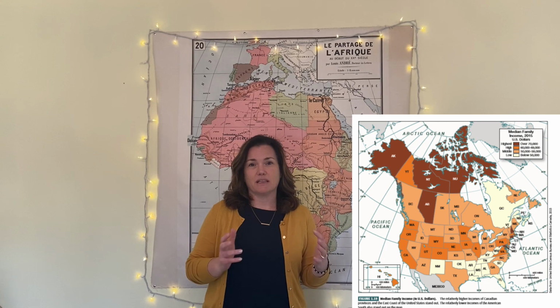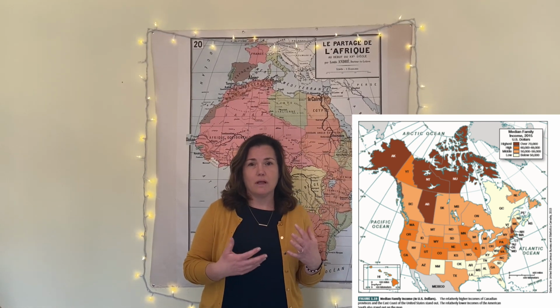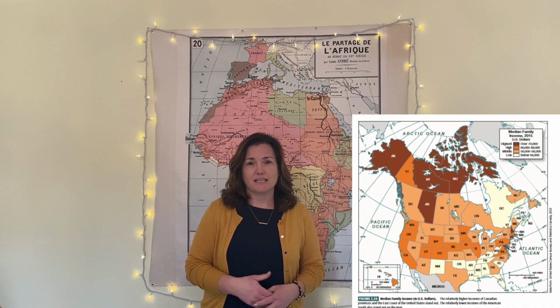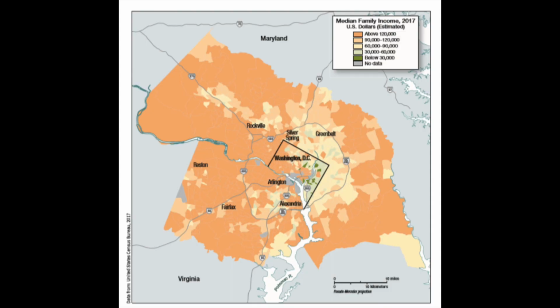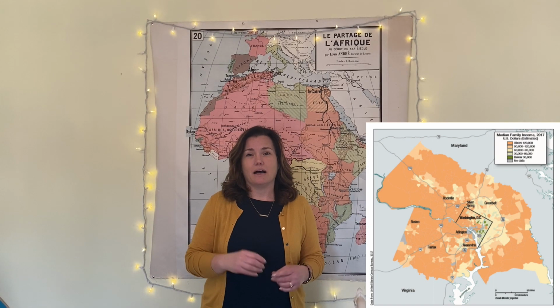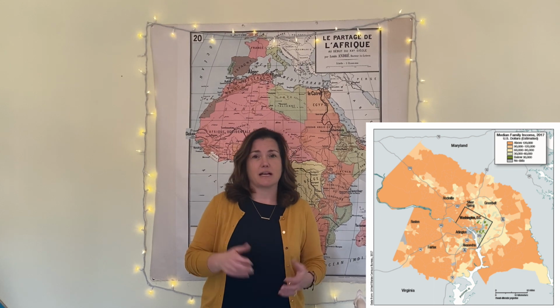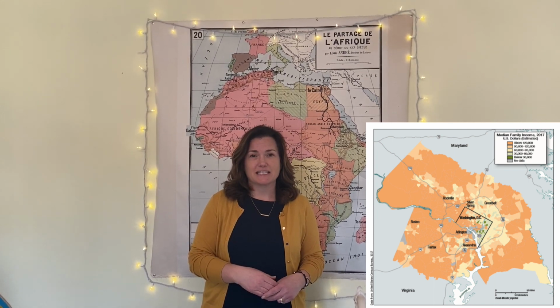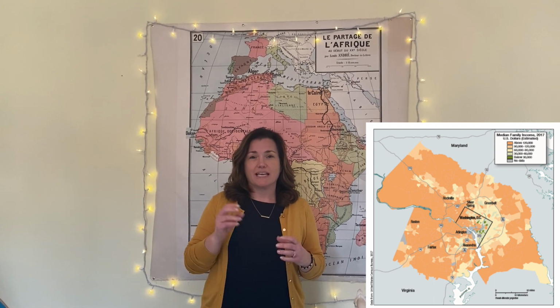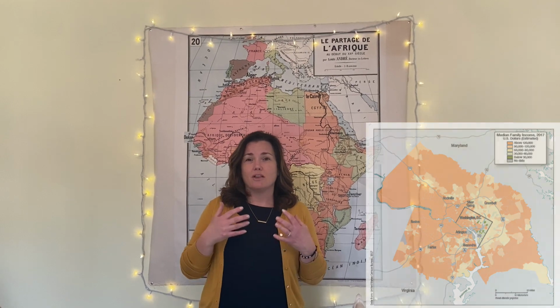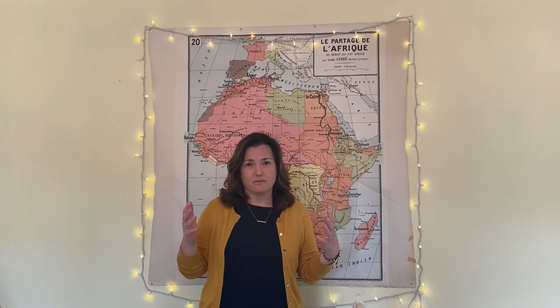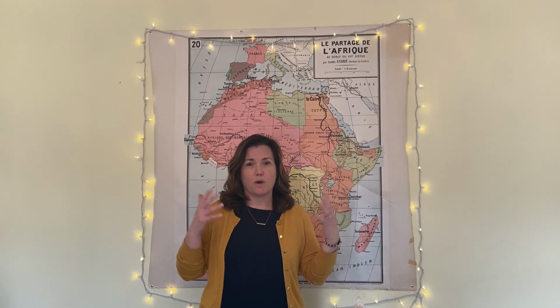The coasts look different than the South, and Canada as a whole looks different than the rest of the United States in terms of distribution of wealth. You can also zoom in a lot more and look at just the scale of Washington, D.C. At the scale of just Washington, D.C., this map is showing census tracts, and it's showing you wealth per census tract. The way that it's measured in this case is by median household income. So the distribution of wealth in the city of Washington, D.C. and its Maryland and Virginia suburbs looks different than the distribution at the scale of North America, and that looks different than the distribution of wealth in the world.